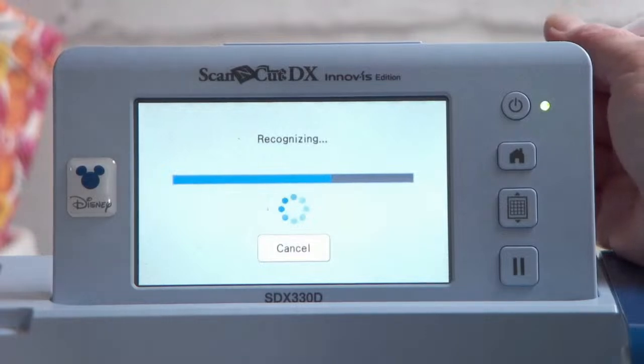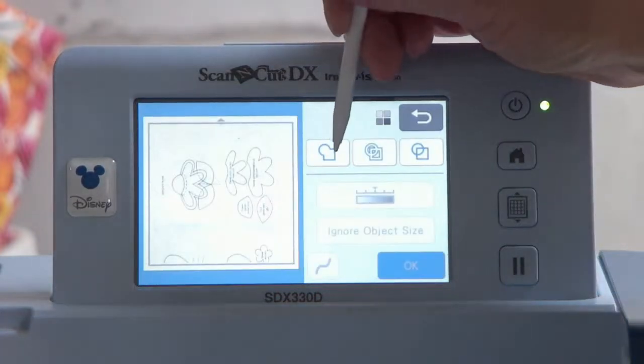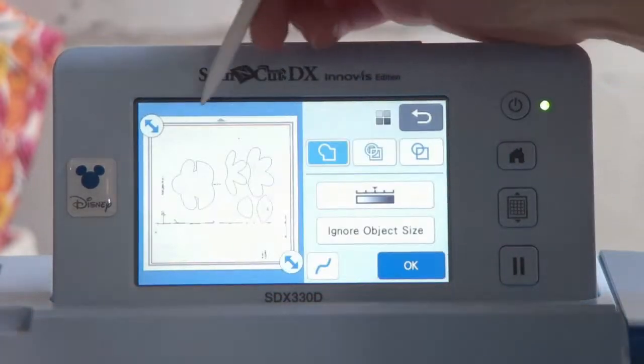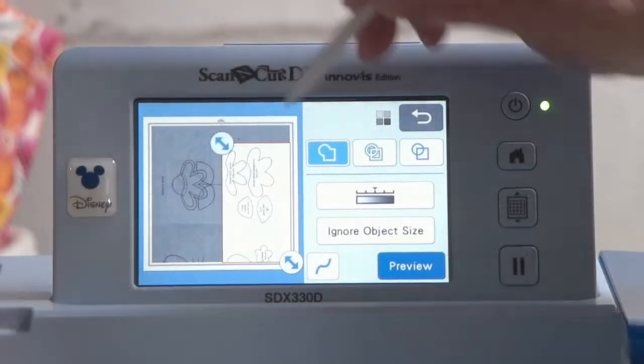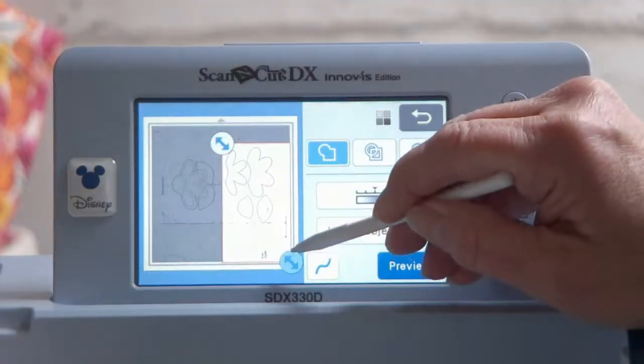Now with this one, I can choose outer edges only. I can crop to what I want it to do.